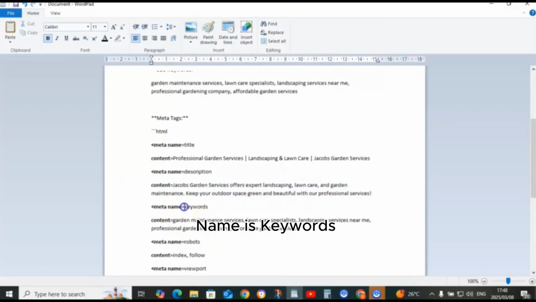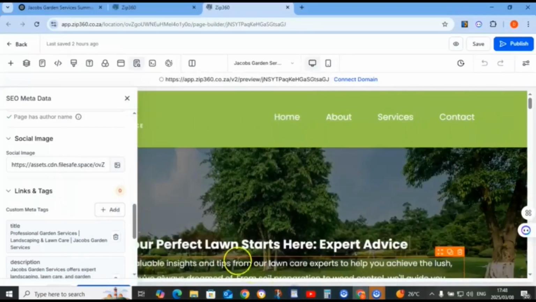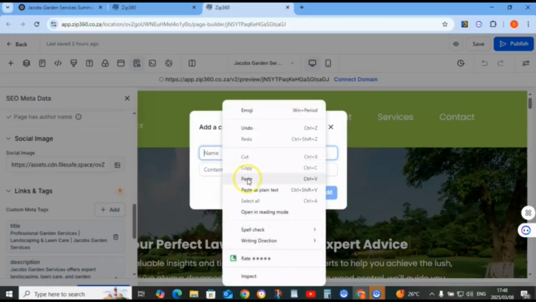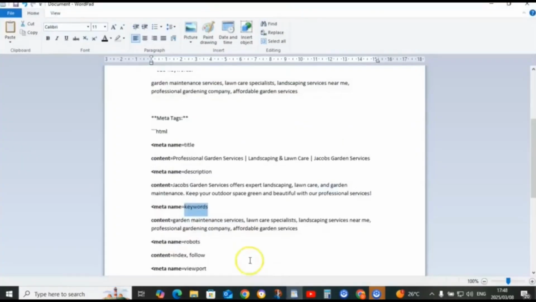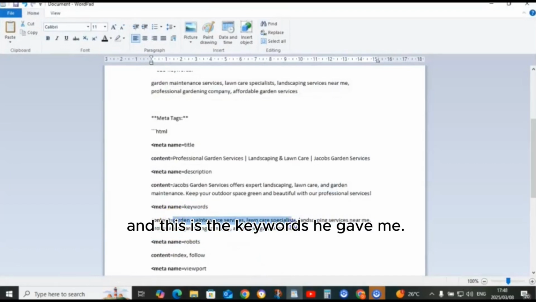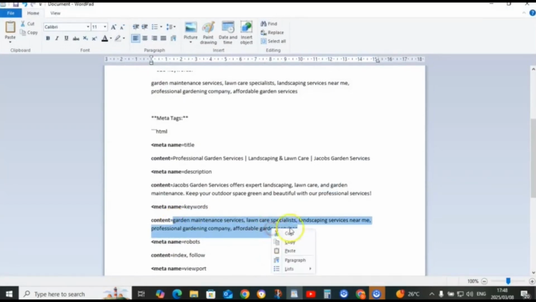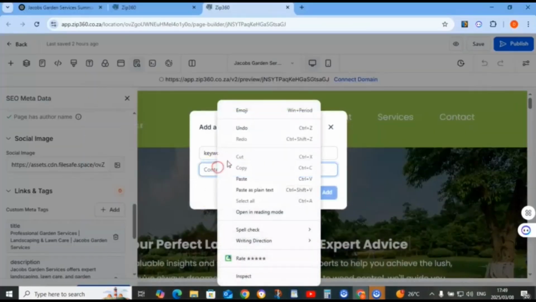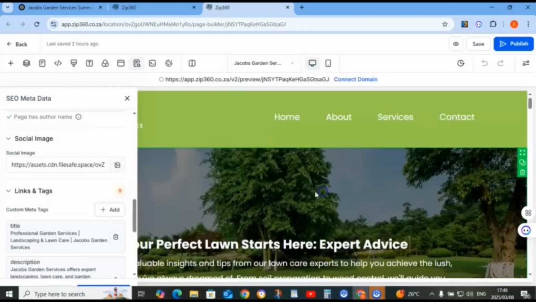Name is keywords, and this is the keywords he gave me. Add.